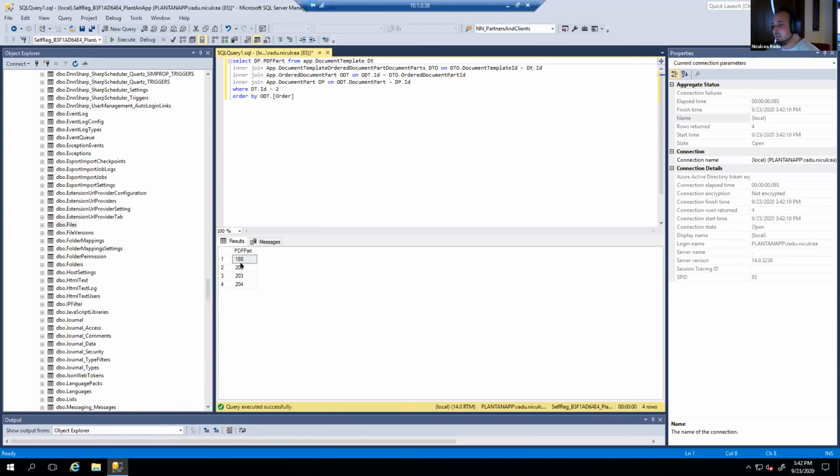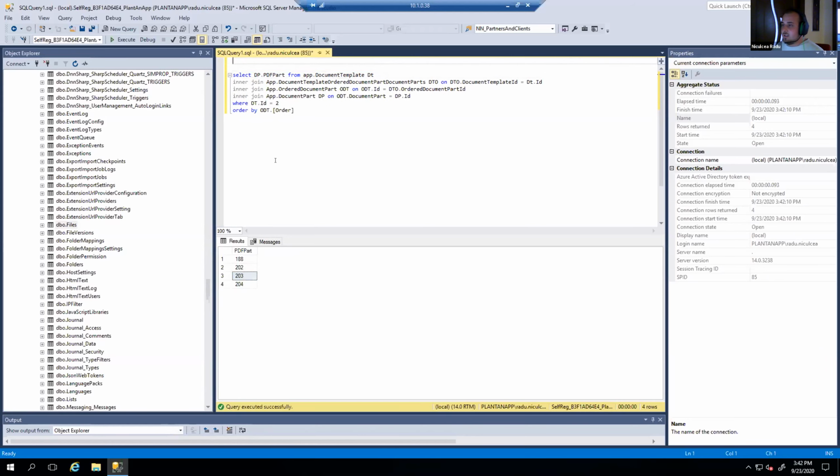So in our first example, we merged 188 with 202, but after that we need to merge with 203 and 204 to continue. The secret in doing this is to get each document one by one. First we want this document, after that we want this document, and so on. So we just need to get one document individually. A trick to do this will be